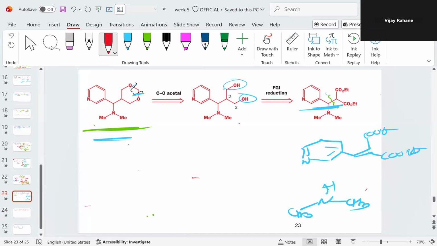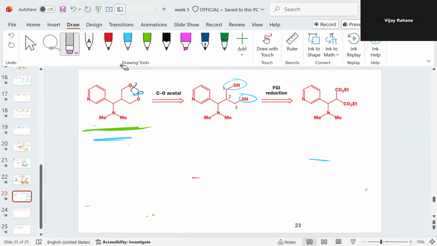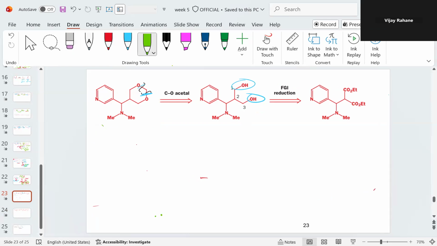So as I have shown in the earlier disconnection, we can do the disconnection here. But instead of doing the disconnection in this position, if you perform the disconnection here, that will be easy. Why? Because upon doing the disconnection here, we can easily get